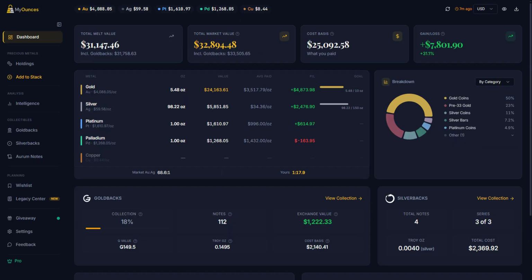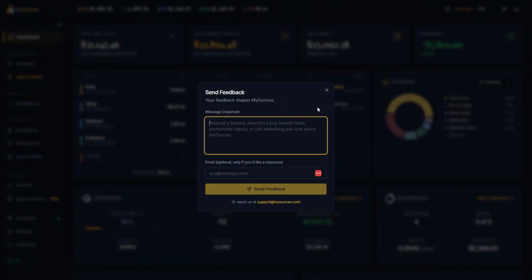So that's MyOunces. The goal has been always very simple. I wanted to build something that the community could trust, something that was private, something that was easy to use, that was constantly being improved. And so if you do have any ideas, or if you would like to suggest features, I genuinely would love to hear them. Again, most of everything you saw today in MyOunces was built from user feedback. We've pushed over 100 changes over the last years. You can simply reach out to me through the feedback section over here, or